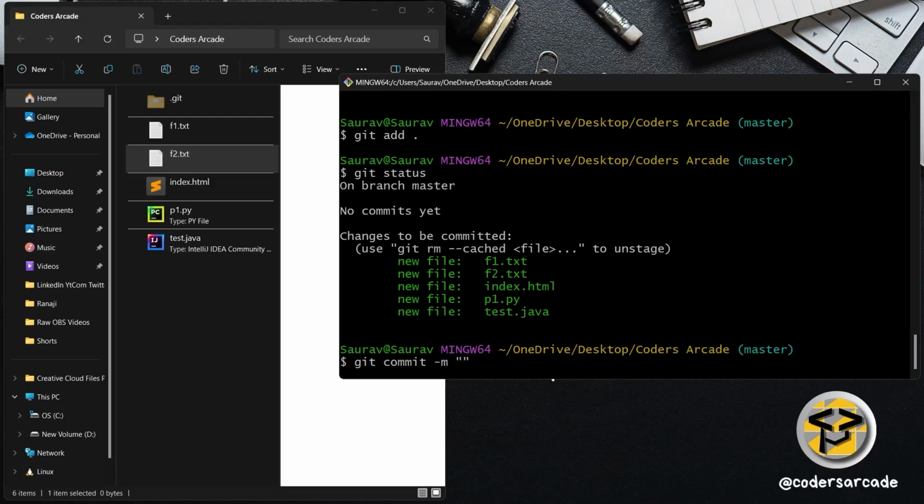In double quotes I can say, "first commit, added new files and made some changes." Okay guys, your commit message should be very descriptive and very easy to understand, because if you